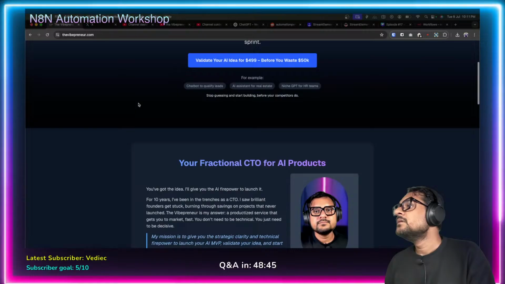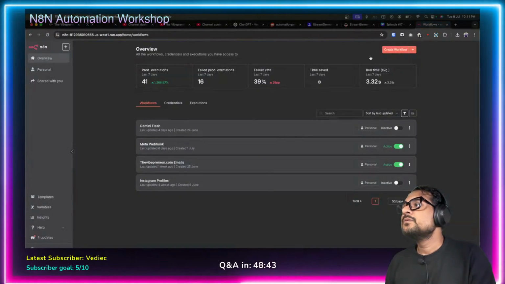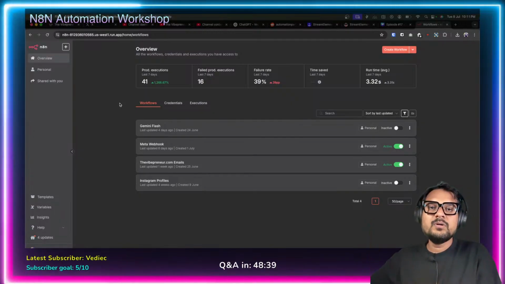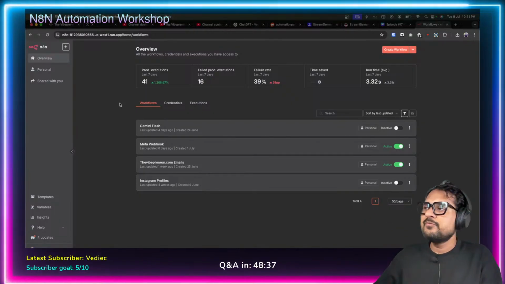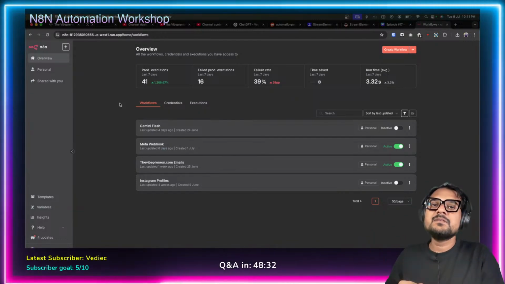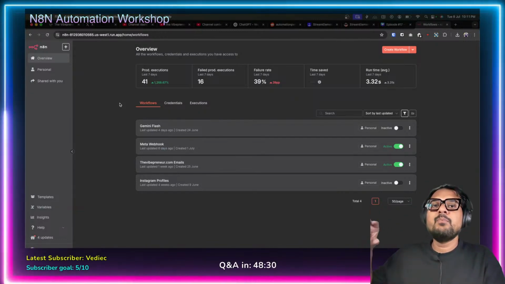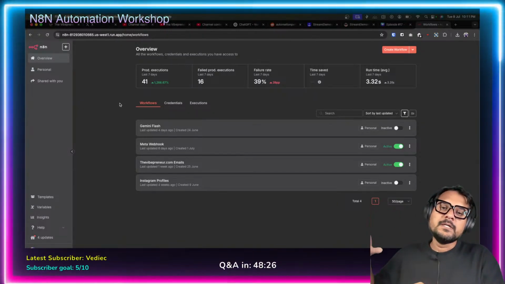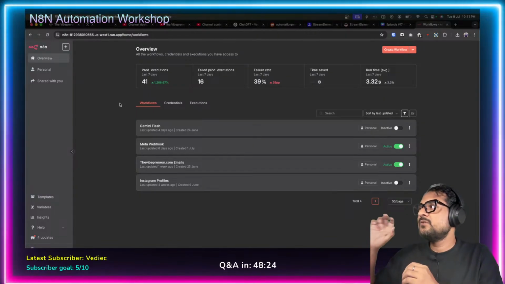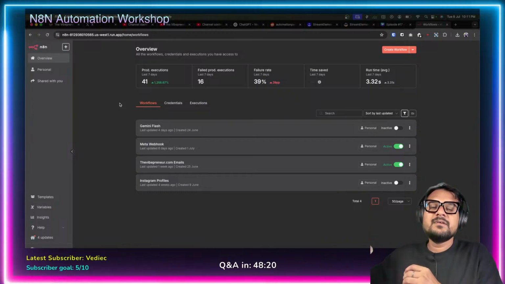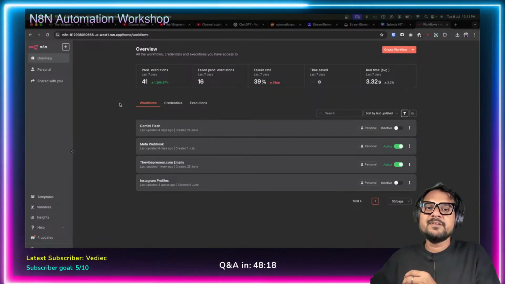So this is my N8N dashboard. This is where I do my N8N stuff. I build my workflows, I test them, right? So this is my personal N8N, and I have deployed a custom N8N on my Google Cloud account. So it uses my Google Cloud, and there is a custom self-deployed or self-hosted N8N instance running, and